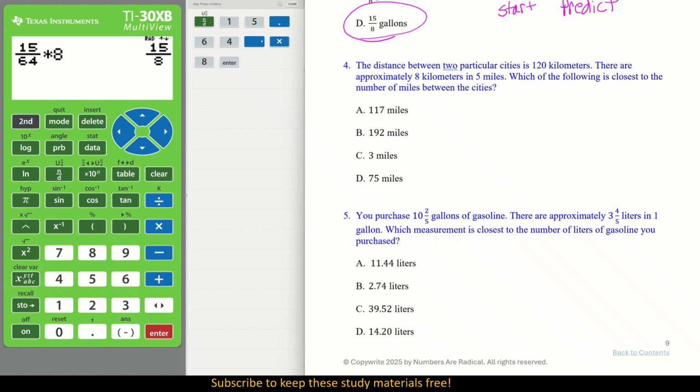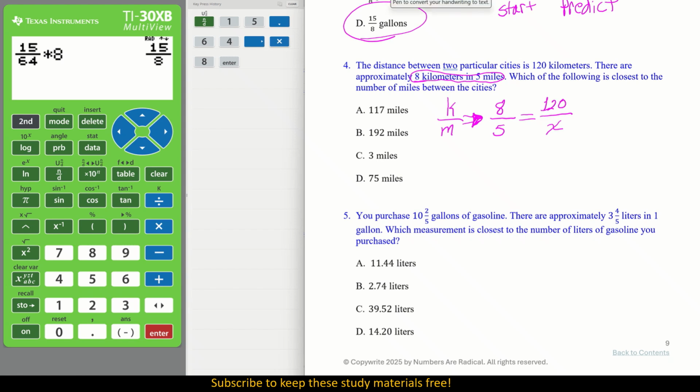Okay, we can use this ratio setup, right? We are comparing what? We have our K over our M. Now, what are we going to start with? Well, we need to start with the actual ratio they gave us. So we know that's 8 to 5, all right? So then we set that equal, and we know that we are looking for the miles, but we have a